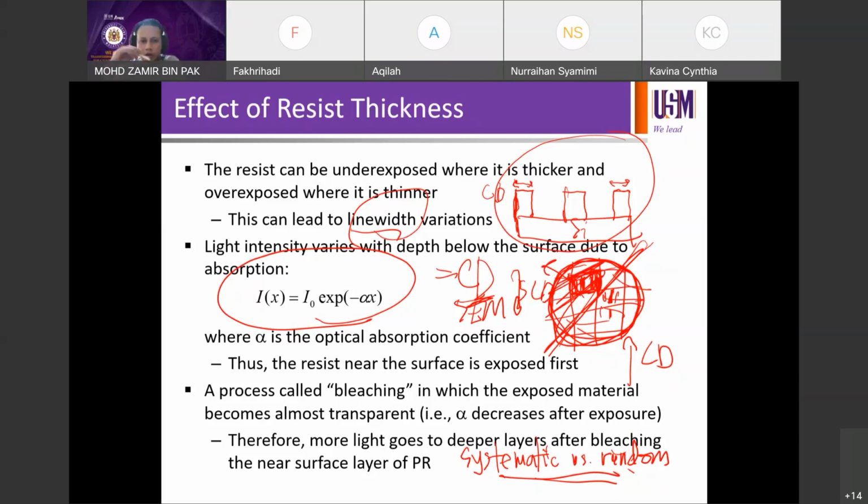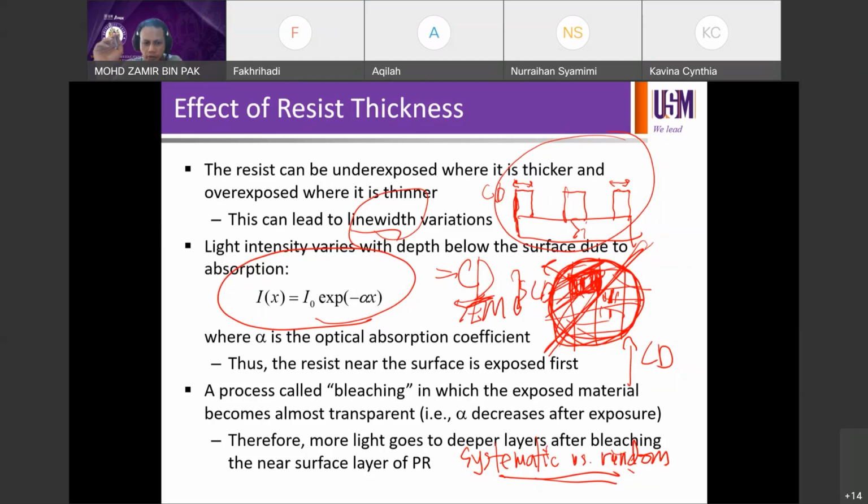Okay, so you can recall this while we were discussing about light absorption in semiconductor material in 386. So where alpha is the optical absorption coefficient of materials. Okay, so when you talk about lithography, it revolves around optics, it revolves around light material interaction. So anything that you learn that are related to light material interaction, the courses, the content will be applicable to this particular area. So a process called bleaching, in which the exposed material becomes almost transparent, that is alpha decreases at the exposure,